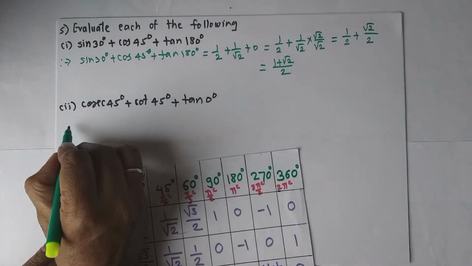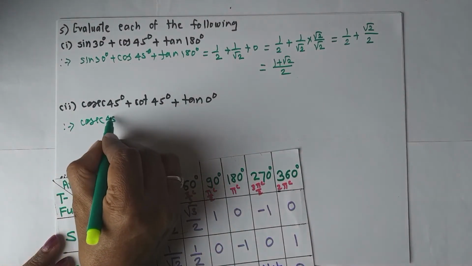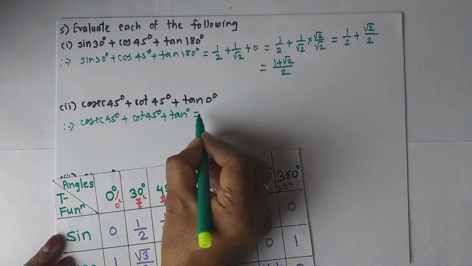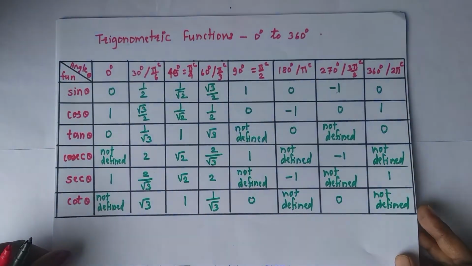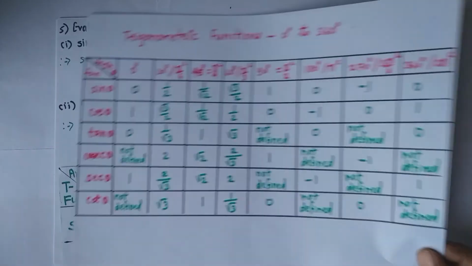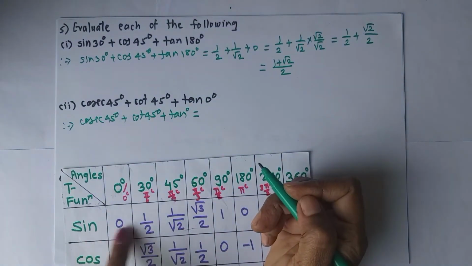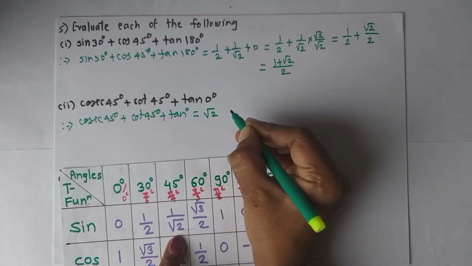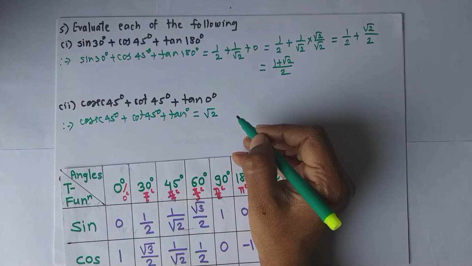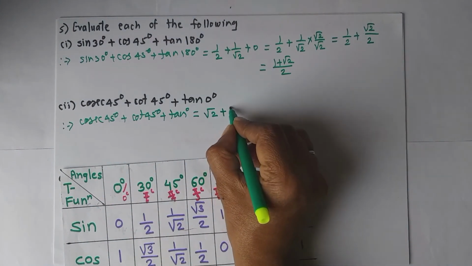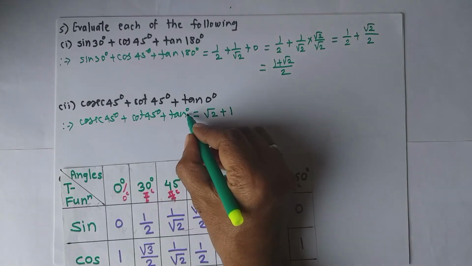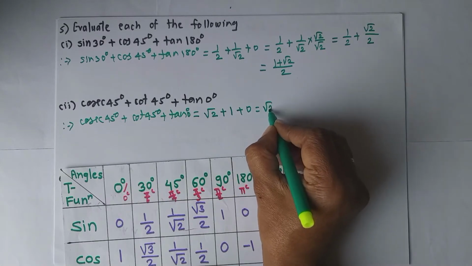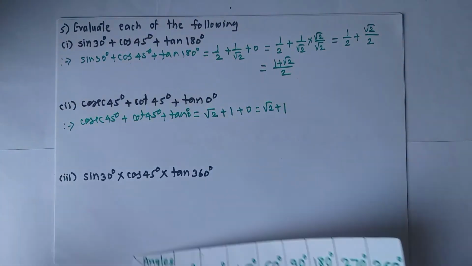For the next problem, again you write down in the solution cosec 45 degrees, cot 45 degrees and tan 0 degrees as it is. Either you remember this whole table which you have written in your formula notebook, or simply you take the reciprocal. Now what is sin 45? 1 by root 2. Then the value of cosec 45 will be simply root 2. Then take the value of cot 45. Cot 45 means reciprocal of tan, that will be 1. And here is tan 0 degrees. What is the value of tan 0? That is 0. Means the answer is simply root 2 plus 1. Okay. Then we will proceed to the third.